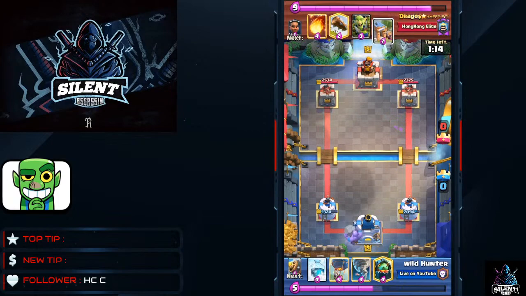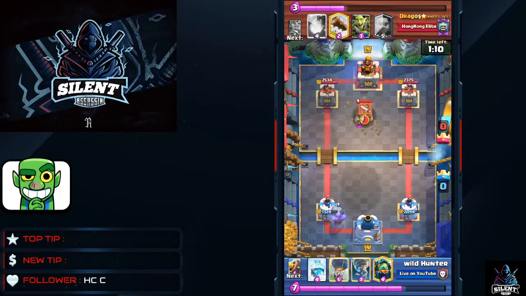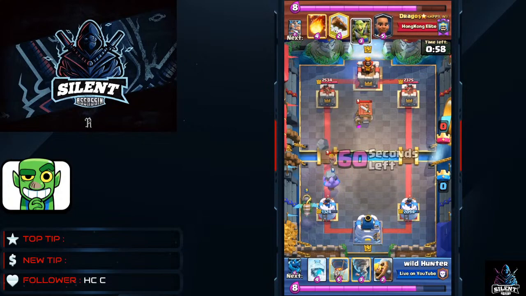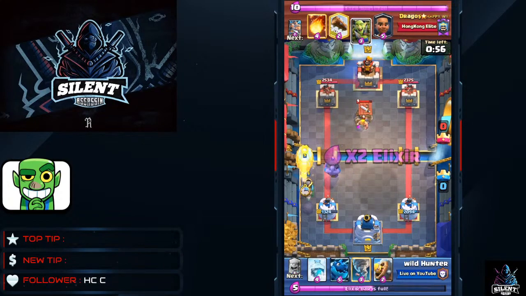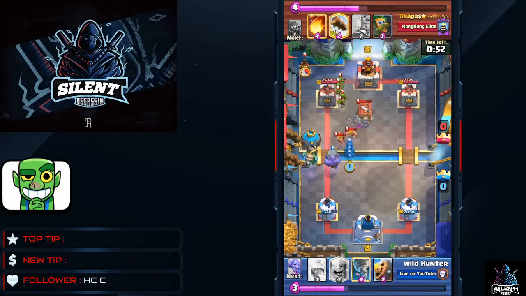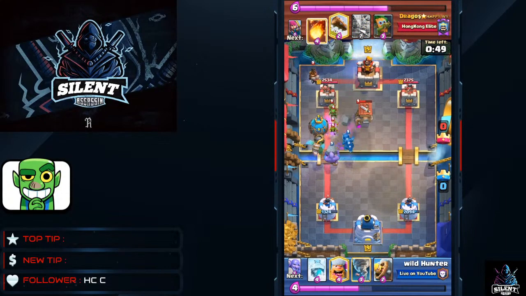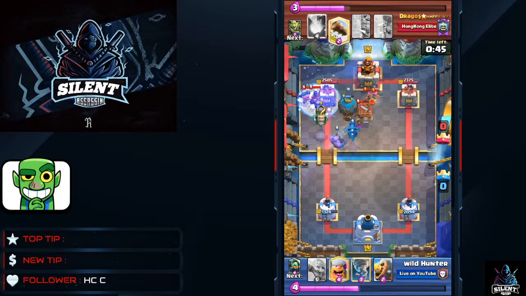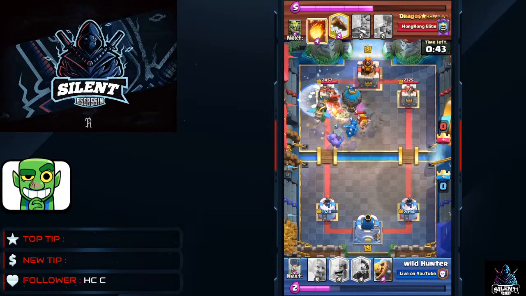Alright, so I went with bowler in the left side just because I don't want to give him much value, and alright, so he actually uses his barber to defend my bowler. And right now I'm just trying to build a massive push, because if I can take his 1 tower, then I can actually defend for the rest of the game. And yep, I'm pretty much ready for my massive push, and alright, so I actually use my freeze then Nedo,